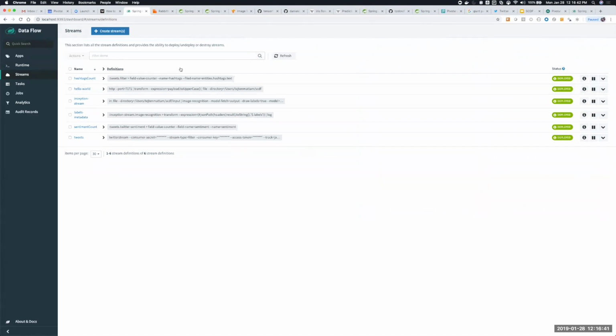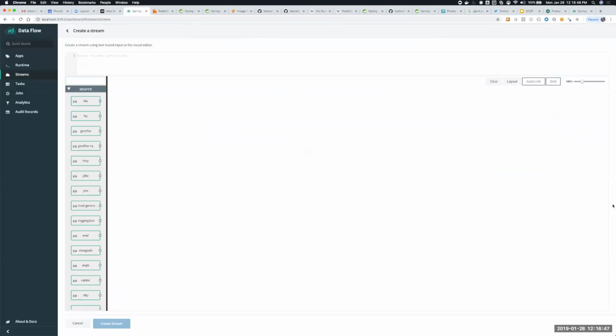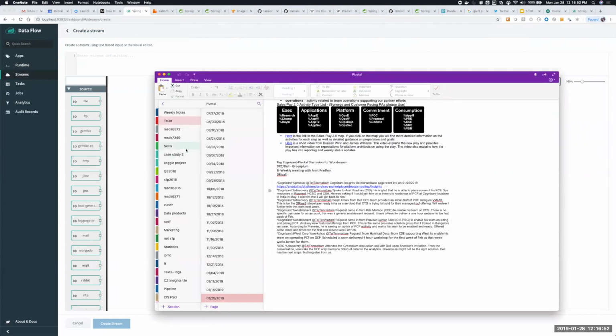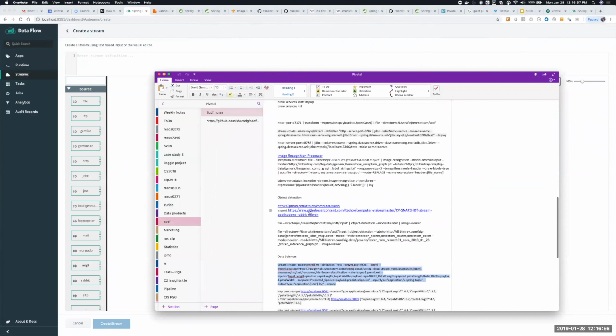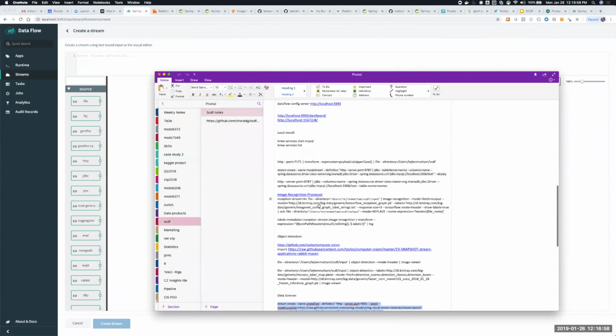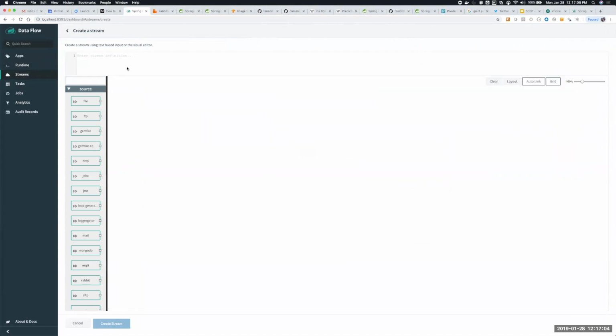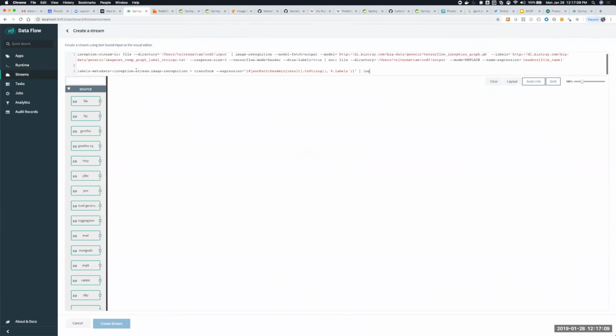Another use case, as I was telling you, is about machine learning. So let's say I want to create a... I have some examples. So for machine learning with Spring Cloud Data Flow, I have one stream where what I'm trying to do is creating a Data Flow pipeline where I can